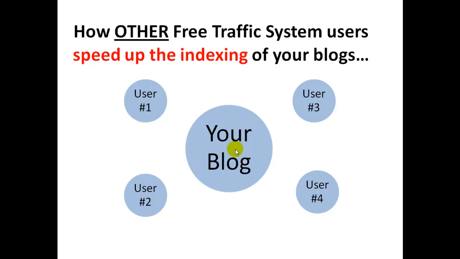It happens like this. Let's say user number 1 has submitted a comment to your blog post, and you approved this comment. Automatically, a tool called FTS Indexer, which is available for free in Free Traffic System, will ping and tweet the particular blog post with the comment that this user has sent you. The same story with users number 2, 3, and 4, which already means that, just imagine, by simply approving free publications, you greatly improve the indexing of all pages with these publications, and it adds to the SEO value of your blog.